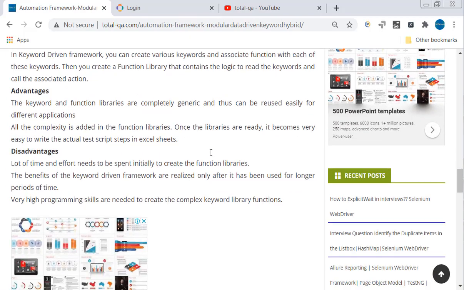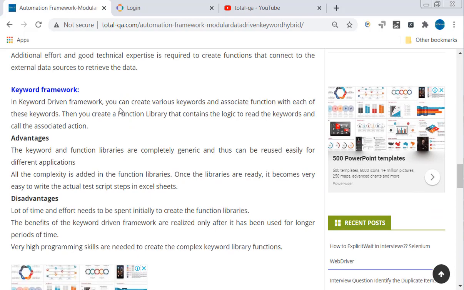If you look into the keyword driven framework, the main objective is to maintain the keywords and associate the functions with each of these keywords. It means once we complete writing the methods, we just map a keyword to a function.